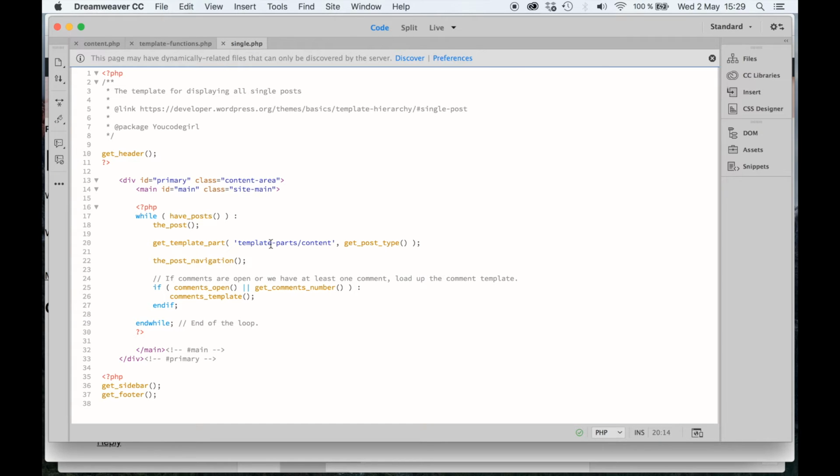So the next thing that we're going to do is go back to single.php because now in the function it says get template part, and the template part is content and get post type. But that's not what we're going to do, because we're actually going to say that it's the single one it's going to get. So if you delete this, put in a string and we say single and save, because now we'll make sure that when it's a single page, it will go into the get template part,